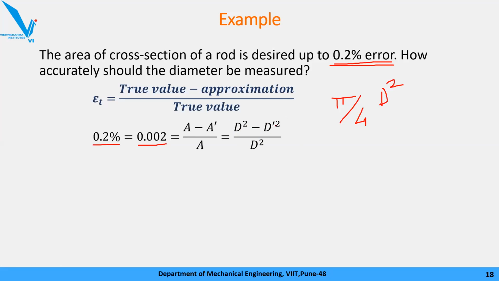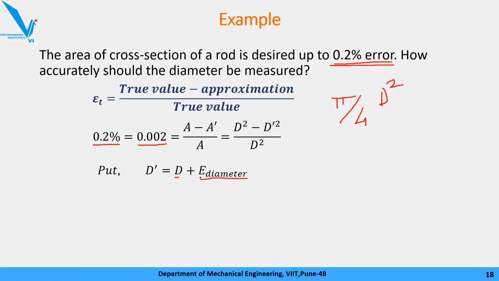Here d dash is the approximate diameter of the rod, and normal d is the true or exact value of the rod. But we know that we cannot achieve that true value. It is enforced that it should be this much. Data is given. So when I try to solve this, we need to put that d dash is nothing but true value plus some amount of error. Because we cannot achieve the true value, we have to give some tolerance for manufacturing, or for your design, and for measurement.